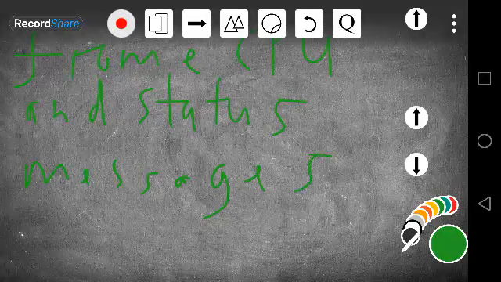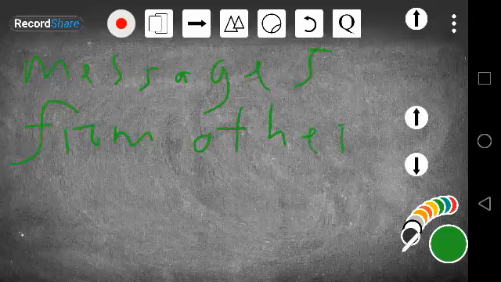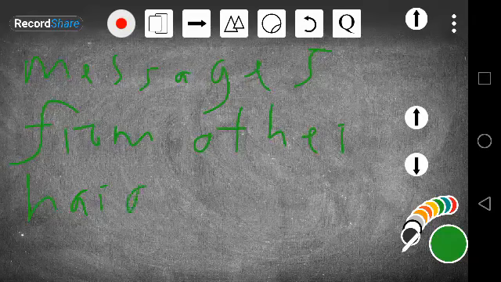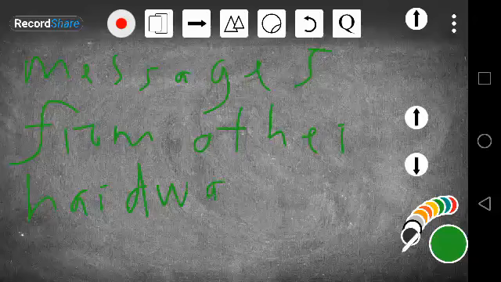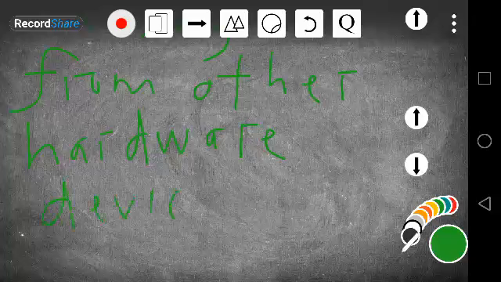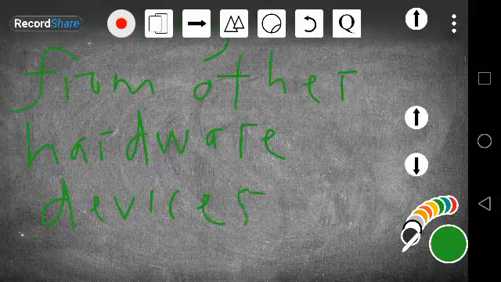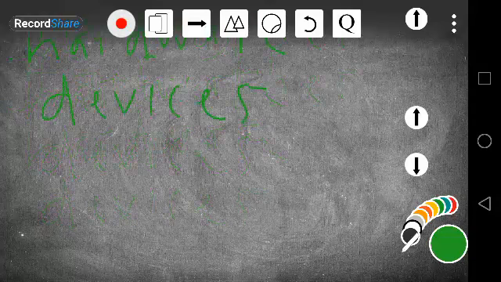okay, from other hardware devices. Okay? This is the function of the control bus. So we are saying, if we say it carries commands from the CPU and status messages from other hardware devices, we are saying do